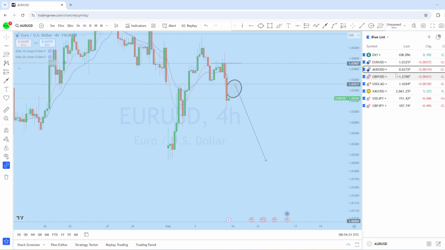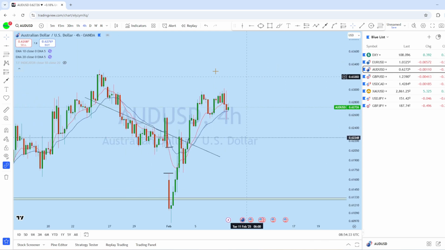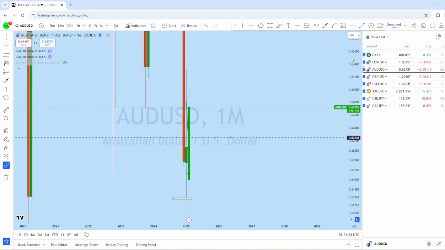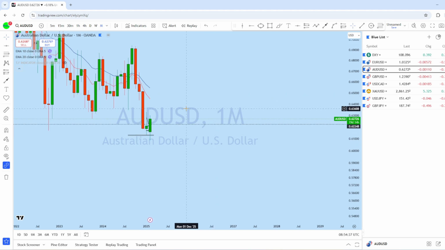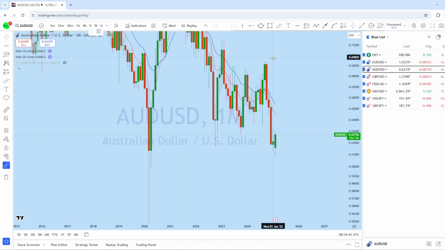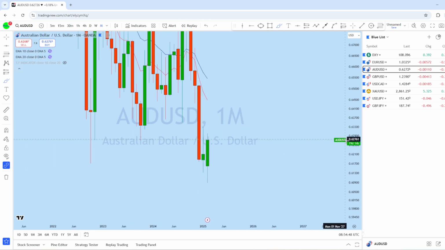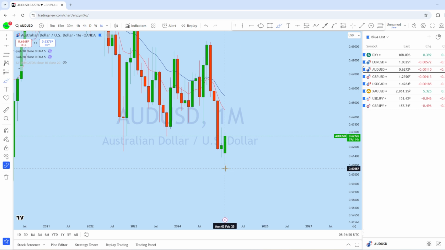Let's look at Aussie dollar and see what kind of opportunity we have, looking at the monthly chart to see the overall picture in this market. From the monthly, we can see a very strong drop on AUD/USD, and with the drop, this is the monthly price action, there is a very strong bounce from this level, and after the previous monthly doji, the price has tested